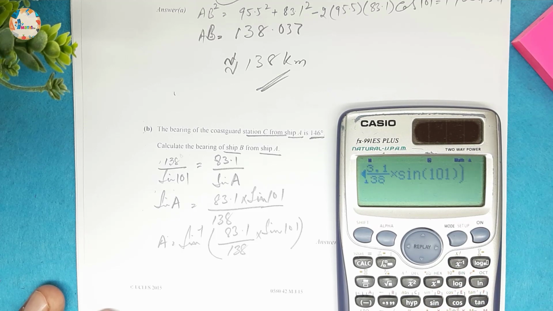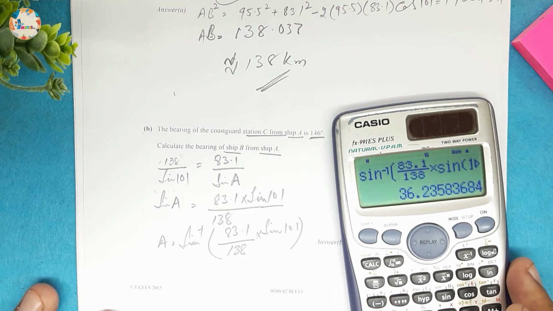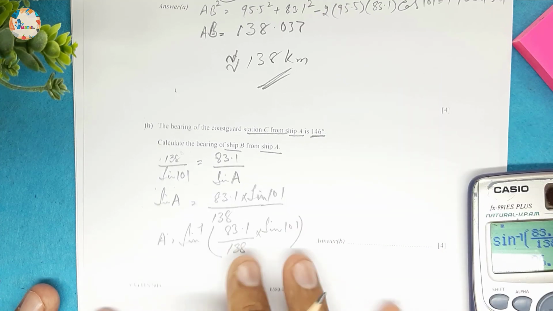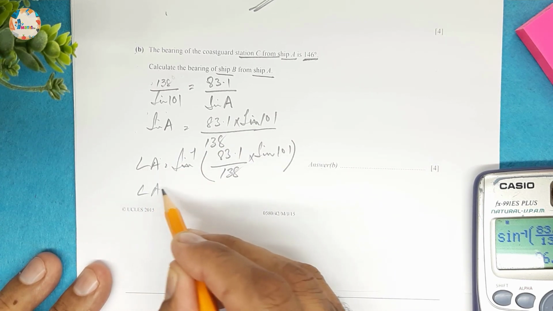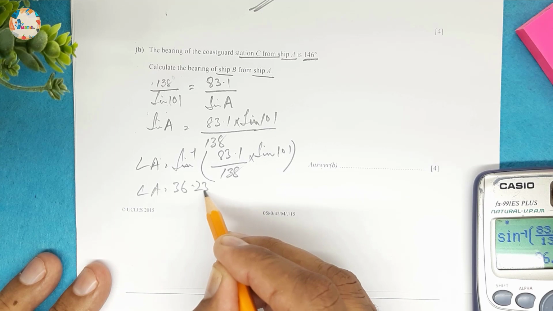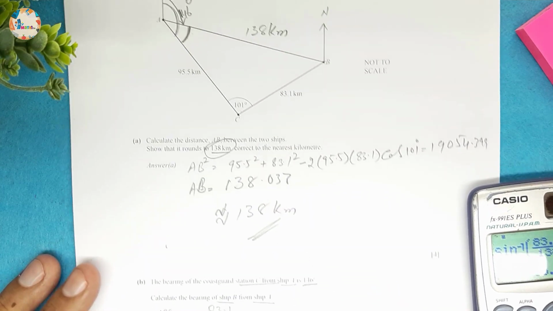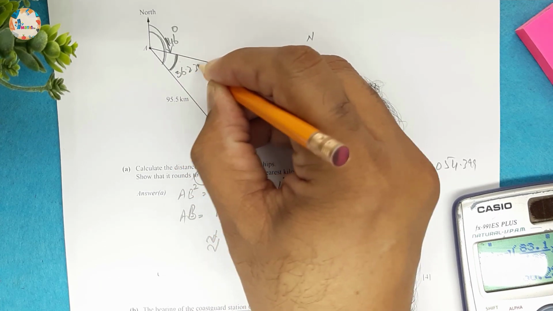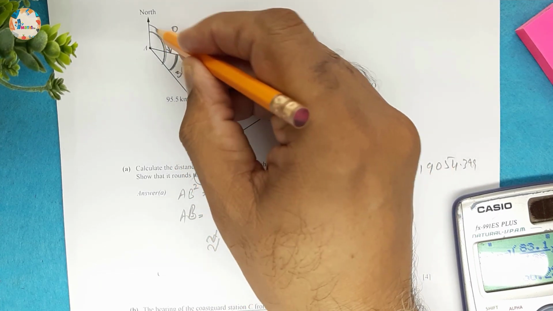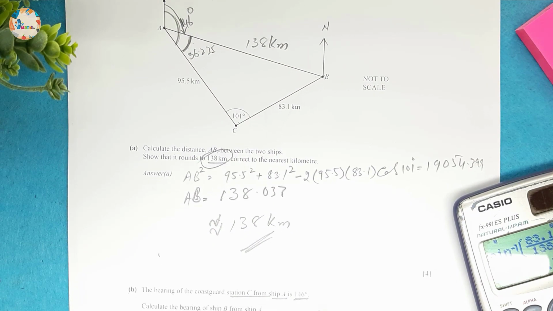And this will be equal to 36.235. So angle A is equal to 36.235, and now the remaining angle will be our answer. So that will be 146 minus 36.235, and this will be equal to